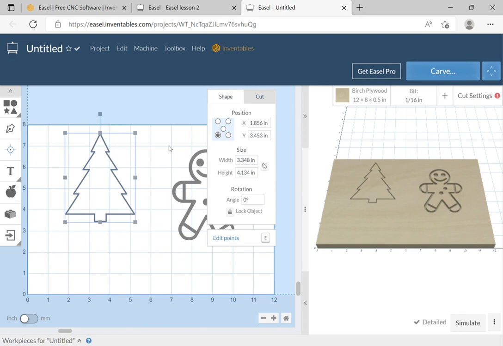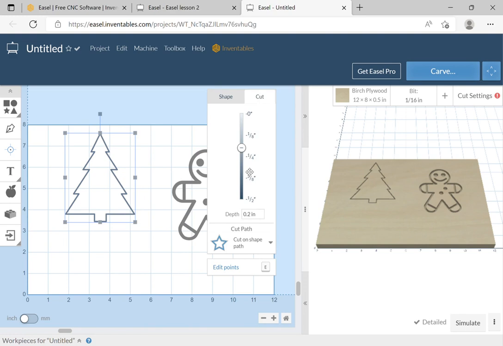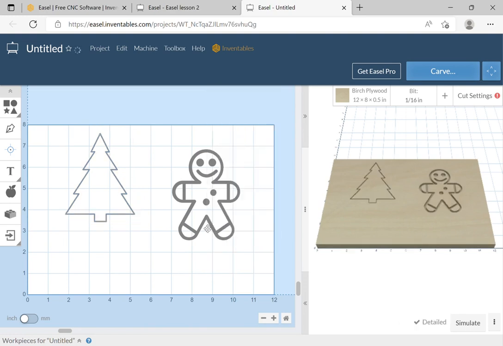But it also has depth. So this particular character here, the Christmas tree, also has depth to it. It's being cut at 1/8 of an inch. That can be saved within the SVG file structure. So this is what we'll be using for the most part for